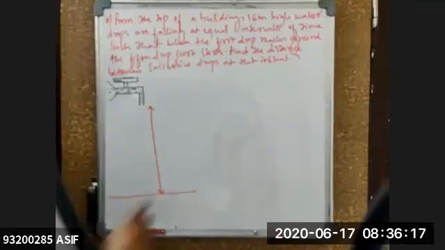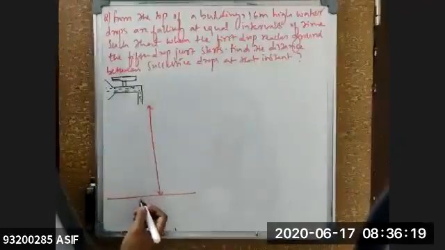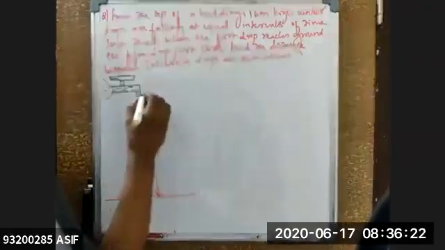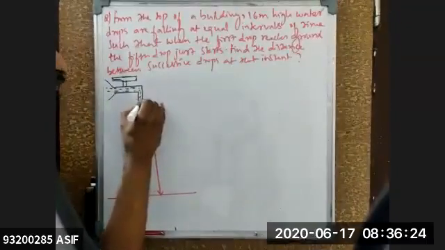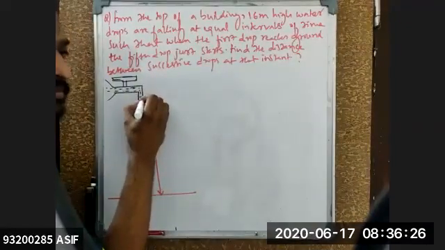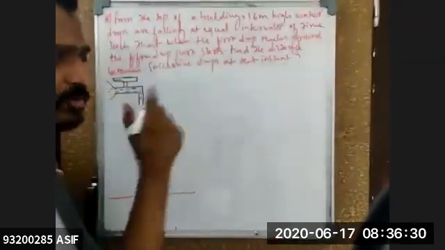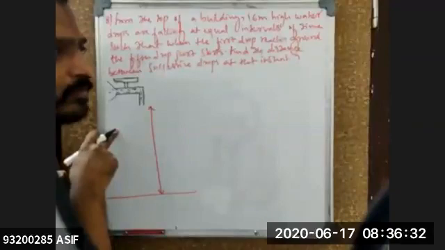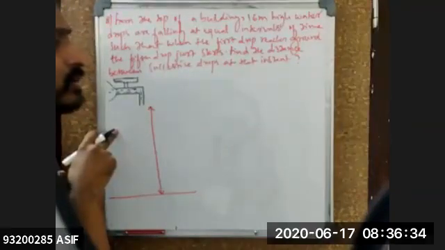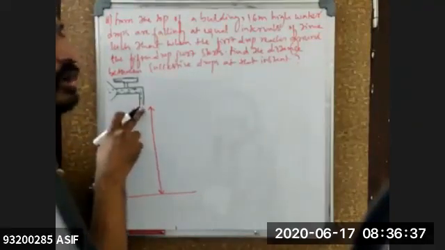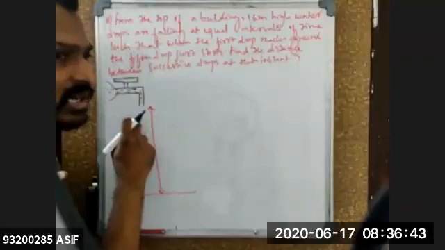Now see here. When the first drop reaches the ground, the fifth drop just starts. And that means at t is equal to 0, the first drop has started its motion. Now it is closed, beta. When I open the tap, the first drop will come. At what time? T is equal to 0, the first drop has started the journey. By the time the first drop reaches T0, the second drop is ready to start its journey.